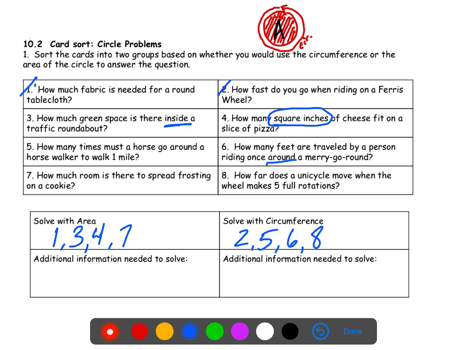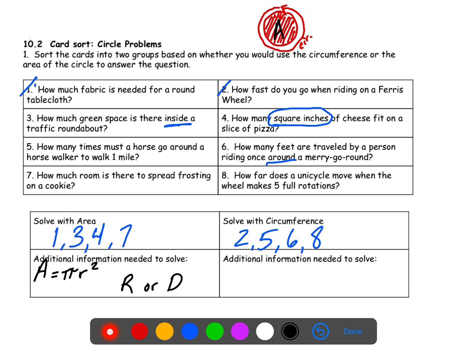Now, the 2 blanks below that ask for additional information needed to solve. So if we were actually trying to answer some of these questions by solving for area, like this first one, how much fabric is needed for a round tablecloth? Well, of course, we would need the formula to calculate area, which we already have. Area is pi times the radius squared. Being that this is our formula, we're going to have to know the radius of the table. So the radius or the diameter,